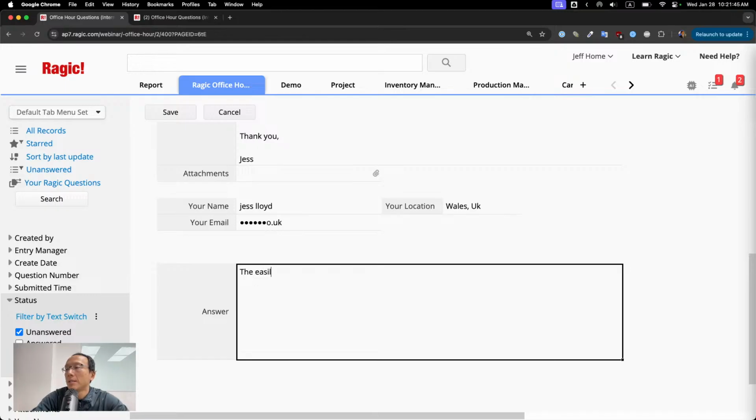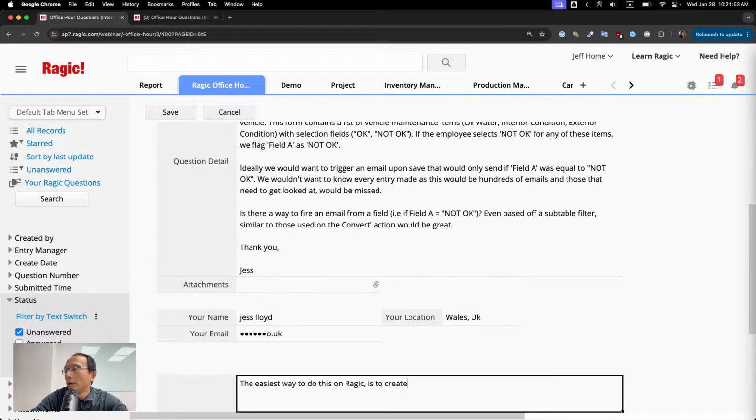The easiest way to do this on Ragic is to create a shared view with each of these conditions. After you create a shared view, for example field A equals not okay,